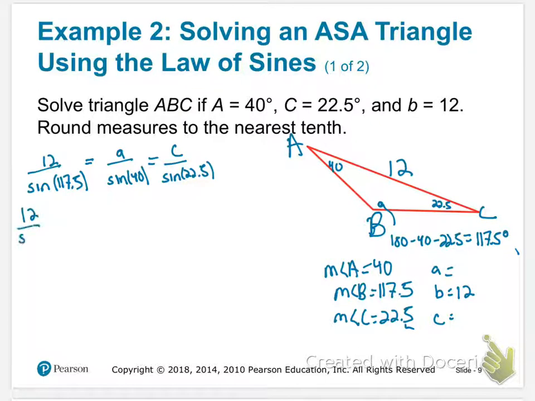So 12 over sine of 117.5 equals A over sine of 40. Cross multiply. We get A equals,